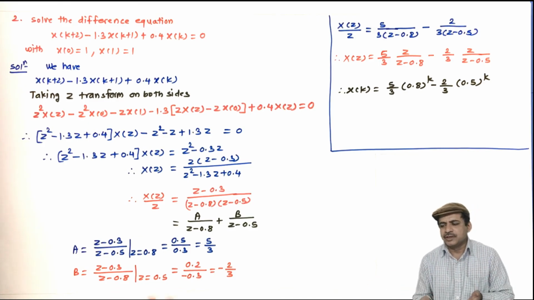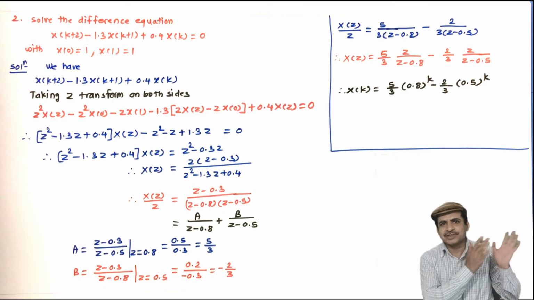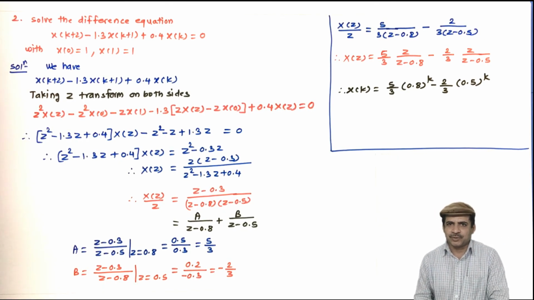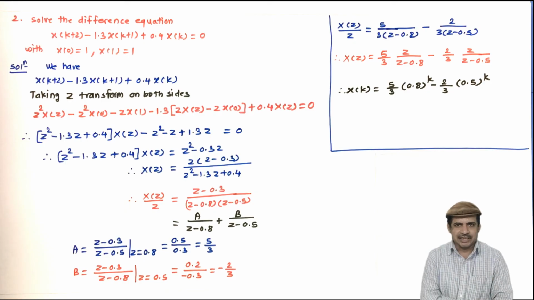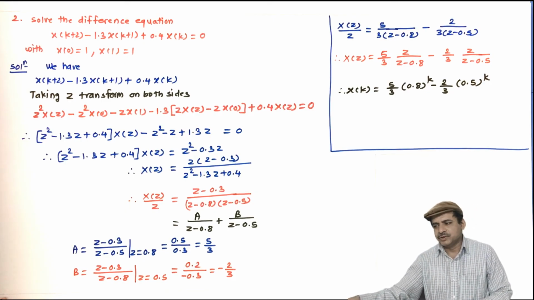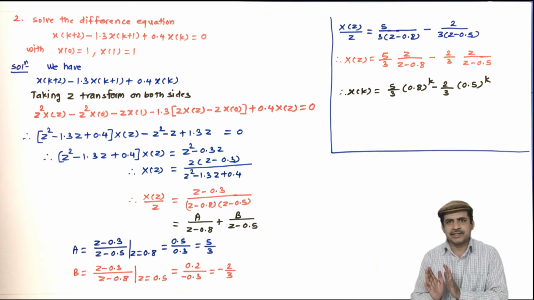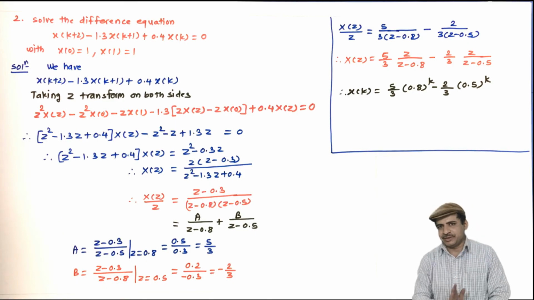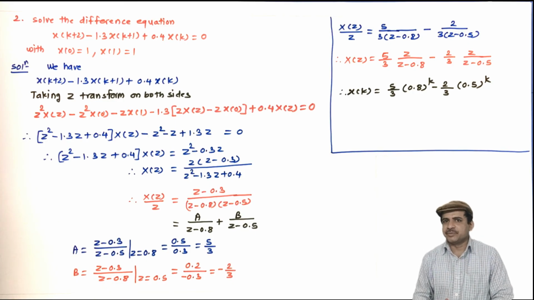Here we have followed the partial fraction approach, but in the previous couple of lectures we have covered inverse Z transform by the partial fraction approach as well as the residue method. So you can go by any method. So I think it is enough in this class. In the next class we will solve a few more examples on difference equations with something different in the problem statement than this. Let us meet again.